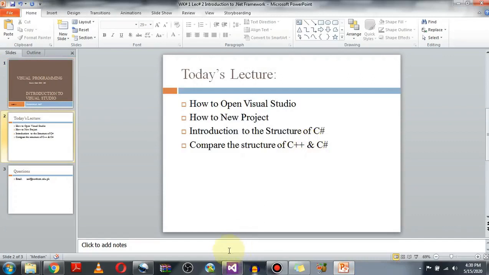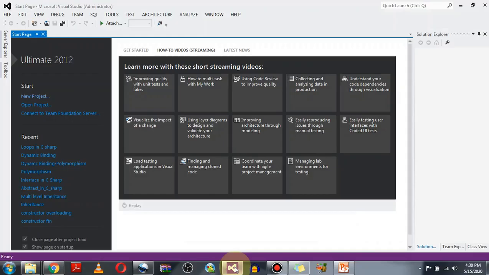Student, if you can see on my taskbar, the shortcut is available because I have already installed Visual Studio 2012. So kindly install Visual Studio, any version of it. When clicking on this Visual Studio, which I have already opened, this is the first look of your Visual Studio, or you can say, this is the interface of the Visual Studio.